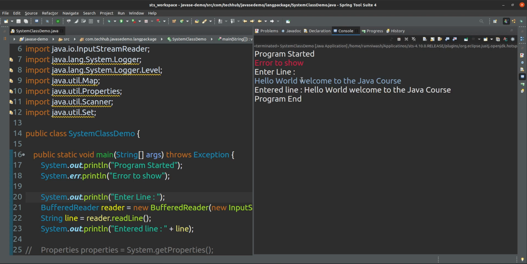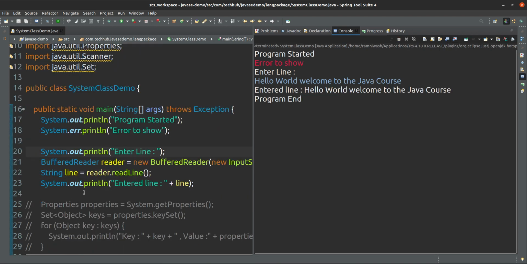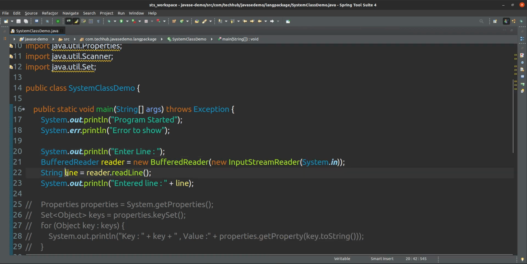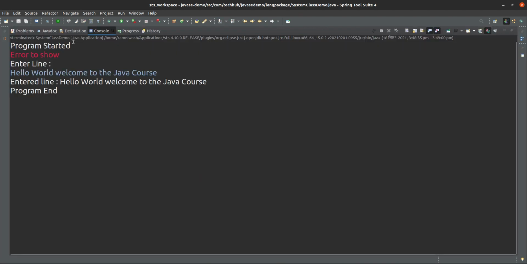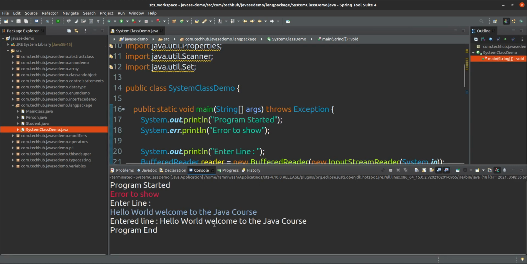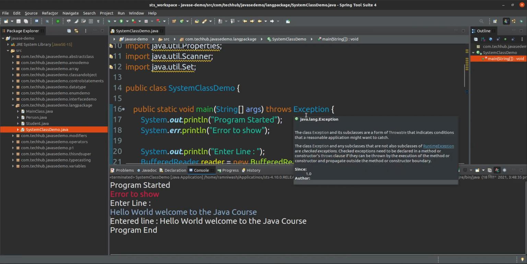After pressing enter, I am printing the same line. The line value will be collected into the line variable, and that same line I am printing. You can see here. Yes, see, hello world, welcome to the Java course.